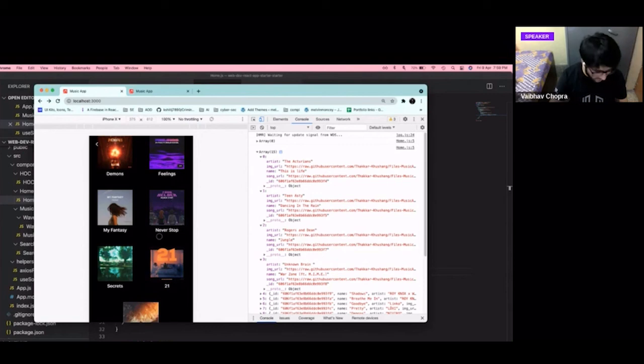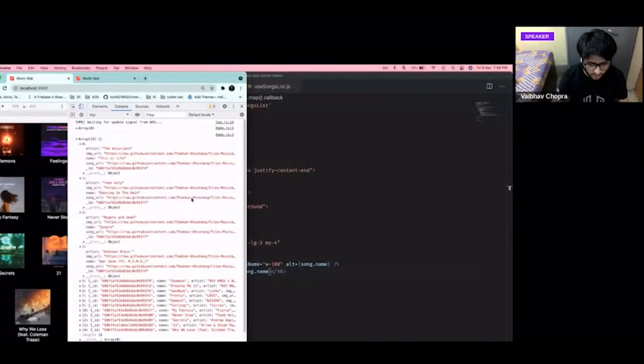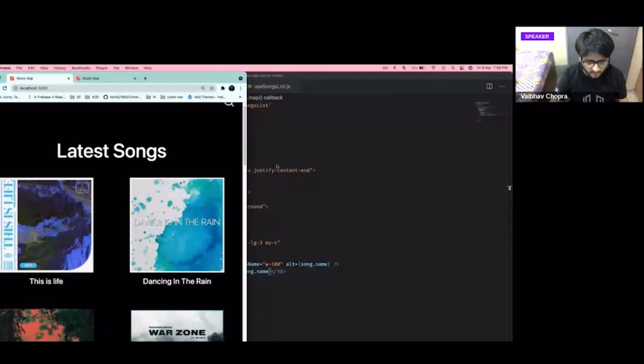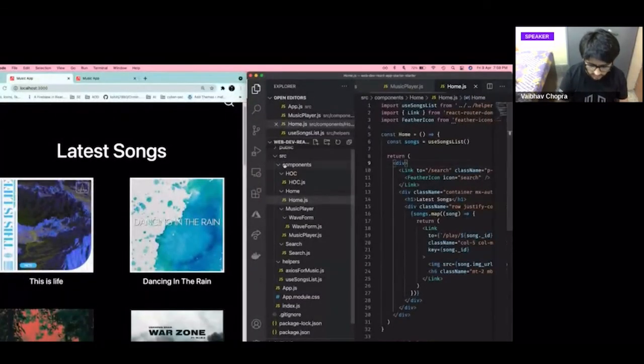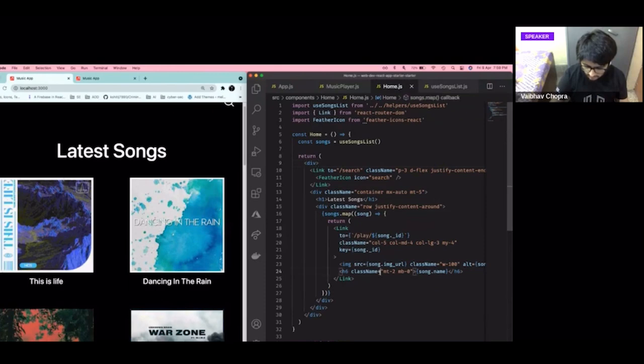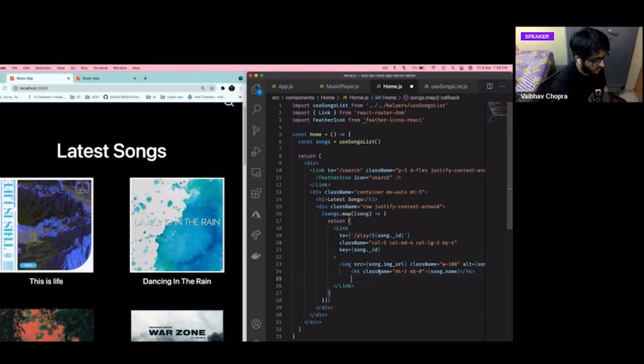So let's add the artist name as well. What I'll do actually is I'll close this and I'll code along with you so that you can see what difference even one line of React code makes. See, I'll only make the change in one line of React, but it will actually reflect across all the different tiles because of that map function that we're using. And this is much more efficient, or you can say much easier to do as a developer compared to actually going and editing 6 different or 20 different places in HTML. That would be very hard to do.